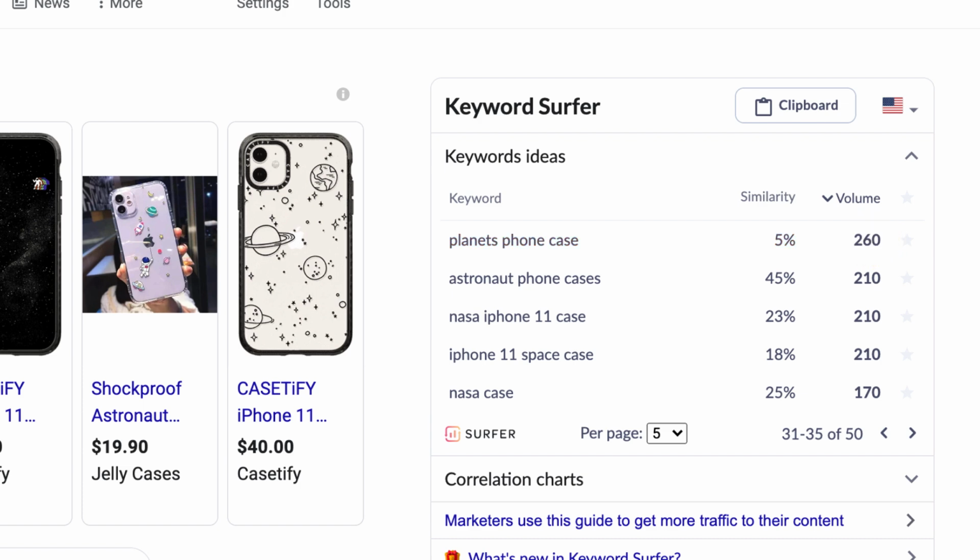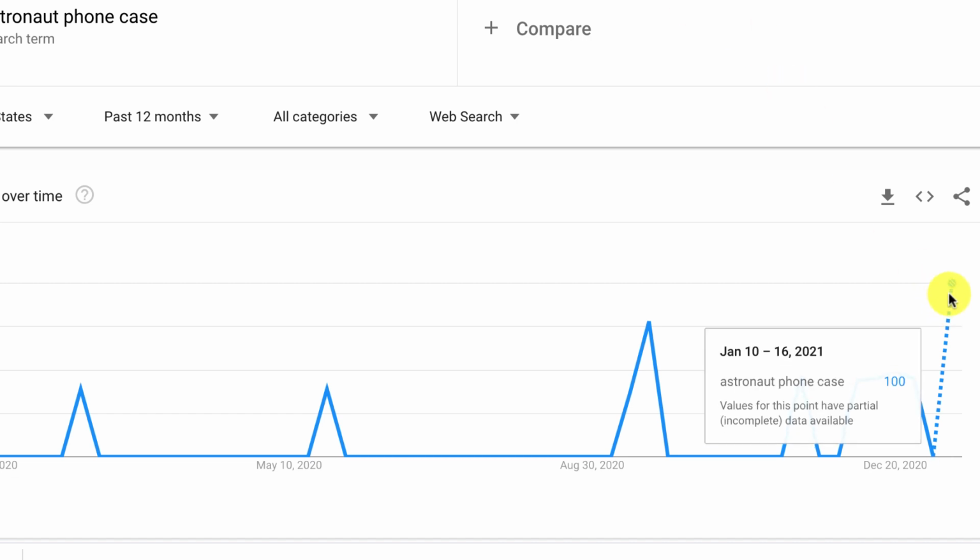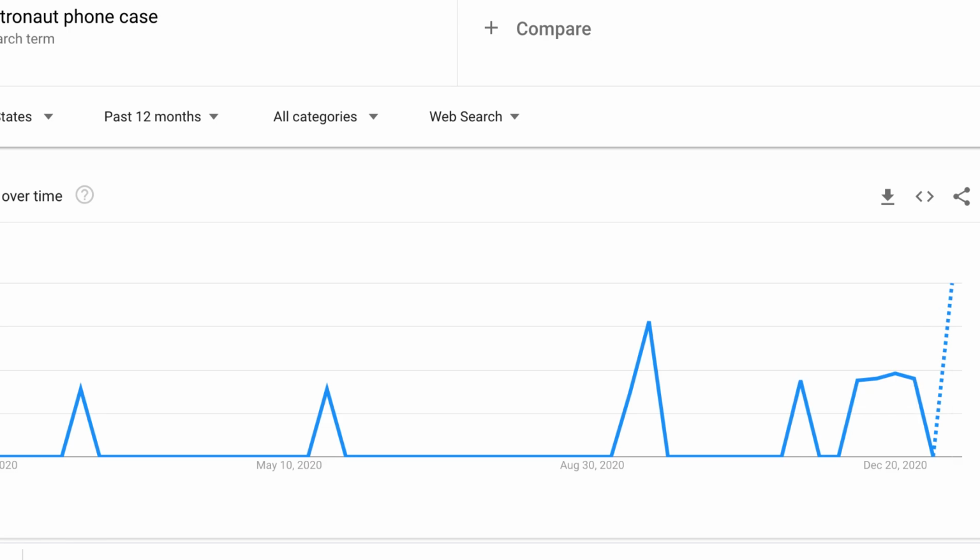The next thing I will often do is then go to Google Trends just to see if it's trending or not. Not that it necessarily has to be, and sometimes it might be a good thing if it's not trending. But there isn't always a correlation between the trend and the sales on Amazon. You definitely have to check Amazon. But sometimes I like to come in here and see if it's trending,